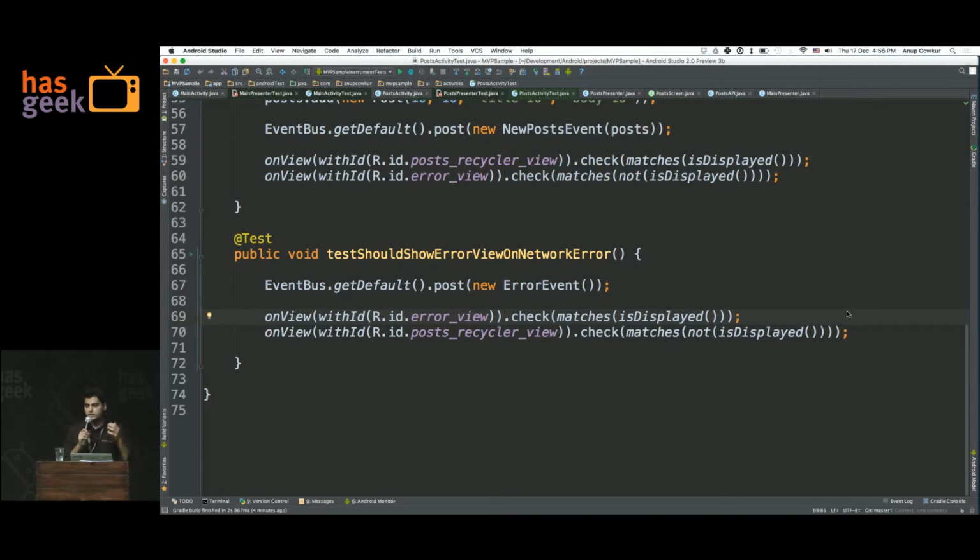I hope you got a high-level overview of how MVP works, what it's useful for, and why we do it in the first place. It might look like it's a bit more effort writing code the first time, like I have to think about which layer to put my code in and how to communicate between the layers. But in the long run, it really pays off because you can test your code, you can change features, you can add new features, and you can have a solid architecture in your app which new developers coming onto your team can quickly adapt to. And testing is basically the thing. So you have fewer bugs and happier users.